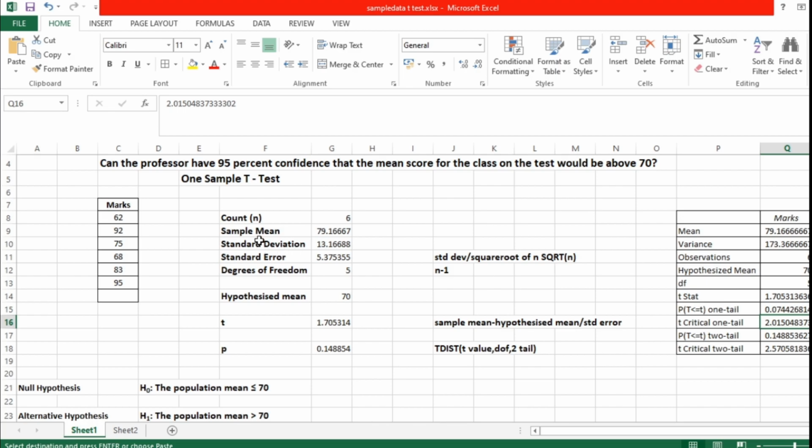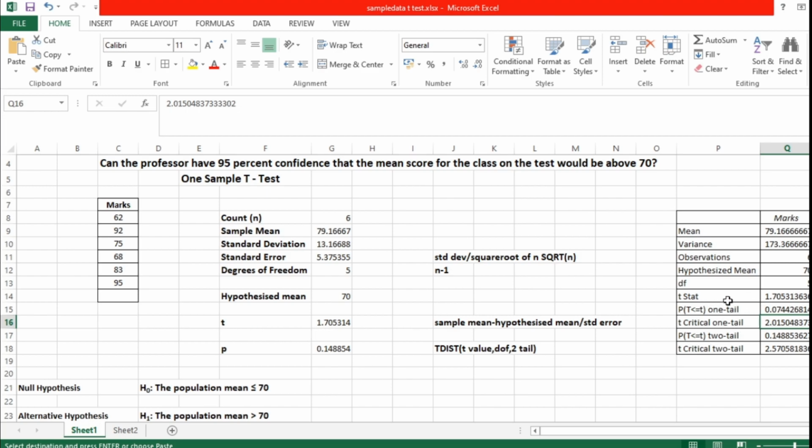Here we can compare with the manual procedure you carried out to find the one sample t-test, and with the data analysis tab. Sample mean we have 79, yes, degrees of freedom 5, hypothesized mean 70, and the t value 1.70.